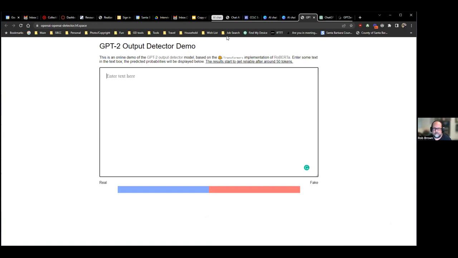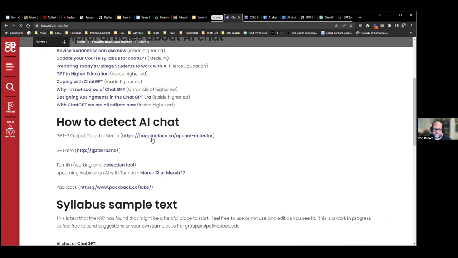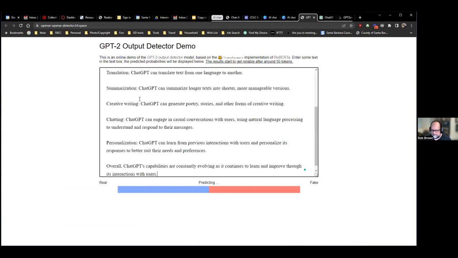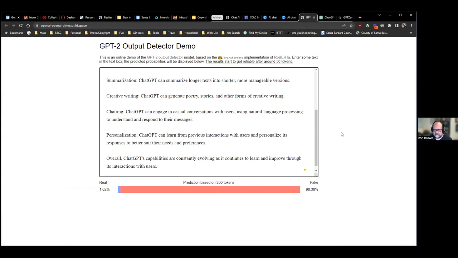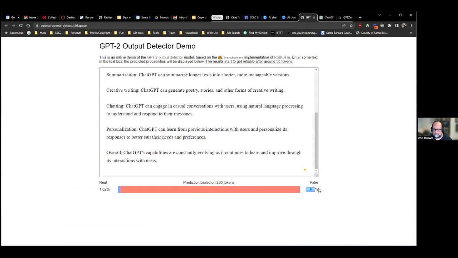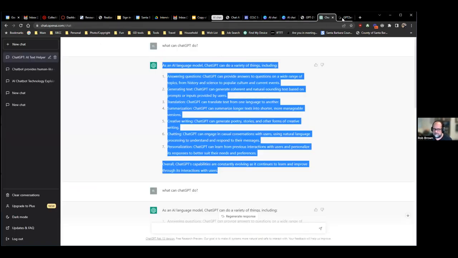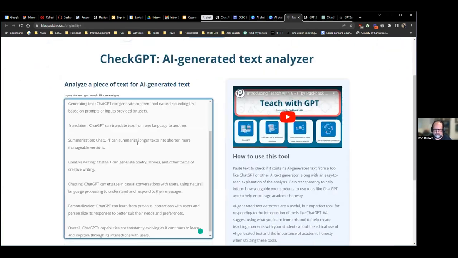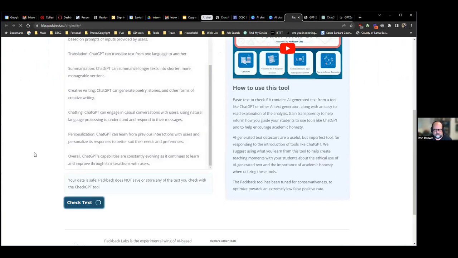This is a second one. I don't remember the name of it. It's actually called Hugging Face. I don't know why it's called Hugging Face, but that's what it's called. If I paste that text in here and I just hit enter, it says that it's 98% fake. So one detector is saying it's very possibly written by a human, but this detector says it's 98% fake. There's a third one that I've come across, which is by a company called Packback, and they make a different suite of tools. If I paste that in here and I say check the text,